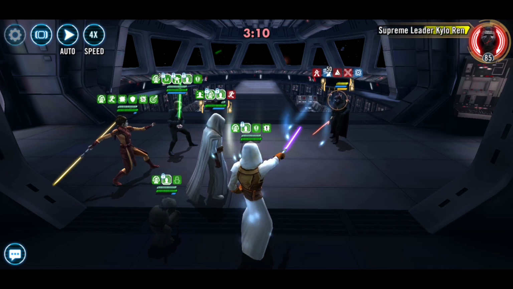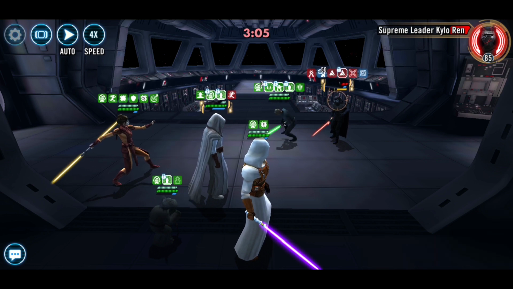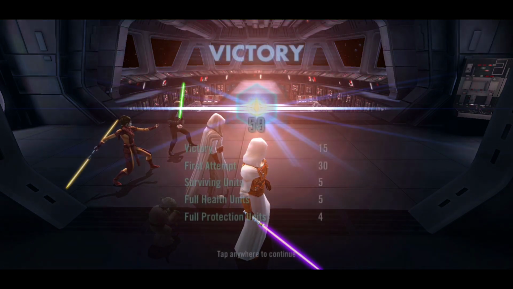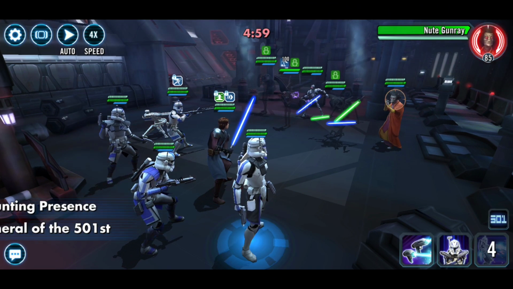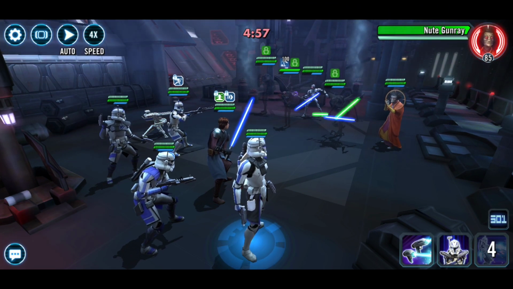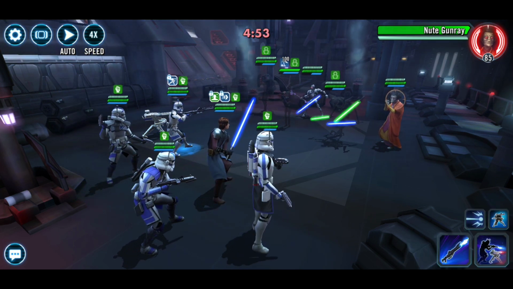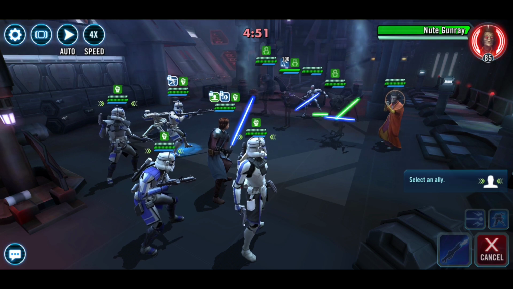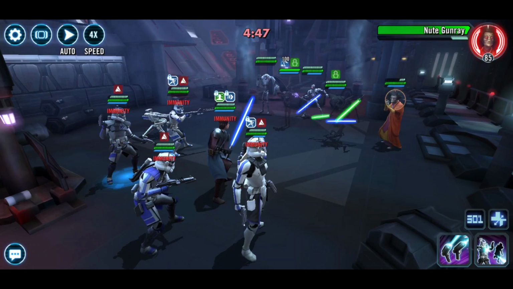Keep Kylo ability blocked. He doesn't stand a chance. Look at that. And my team's almost full health, full protection. So 59 banners. I'll take it. That's pretty good. 60 banners on one GL and 59 on the other. I'm happy with that. This is probably, I would say, my worst battle of the match in terms of efficiency,